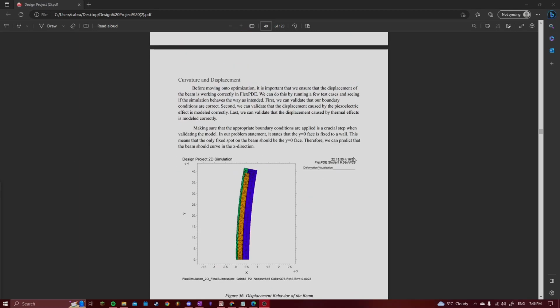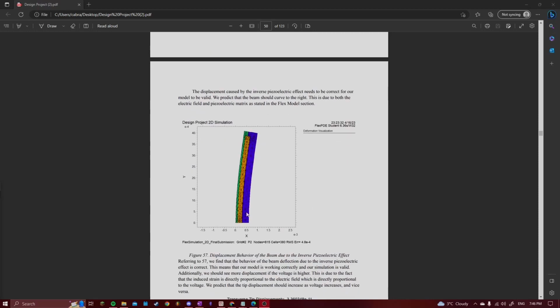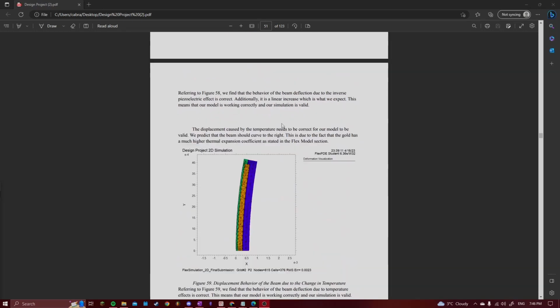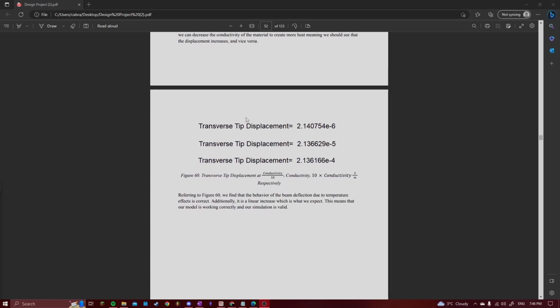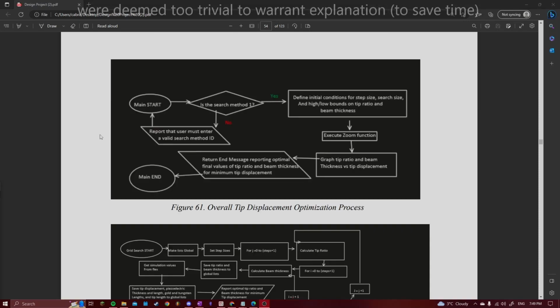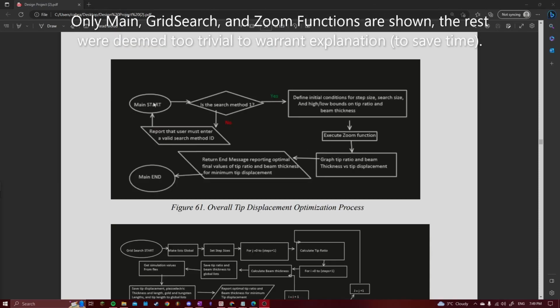And then in displacement, we see it displaced in the x as expected. From the piezoelectric effect, we see it curve to the right as expected. And again, it scales when we increase the voltage, tip displacement gets higher. From temperature, we see it increase to the right as expected because gold will be expanding more than tungsten alongside the linear increase. The optimization used for tip displacement can be seen in this flowchart here, starting from main, defining